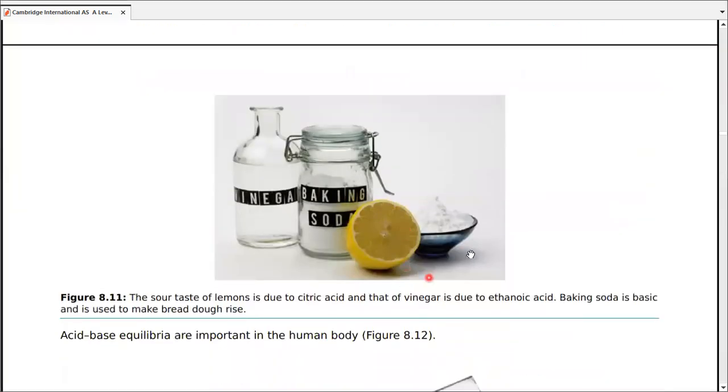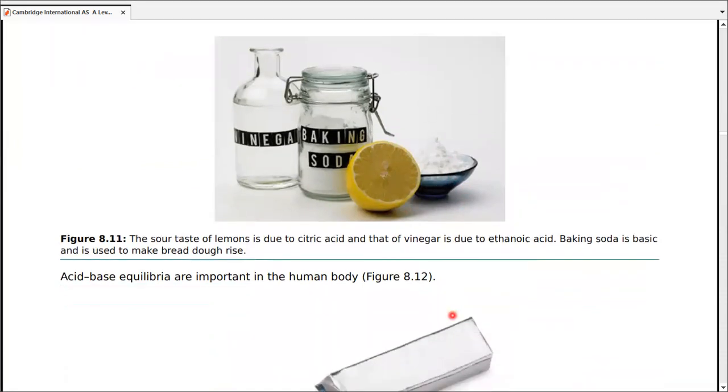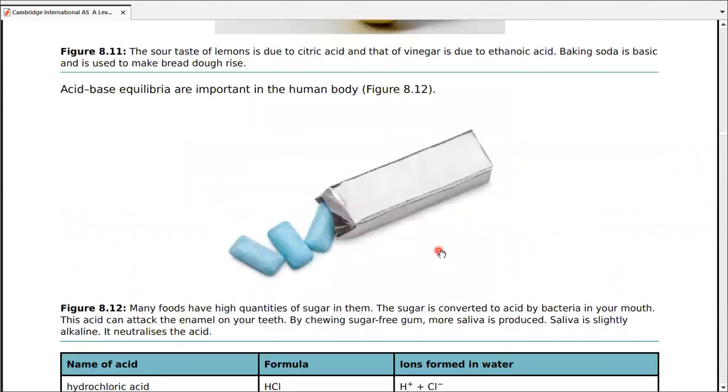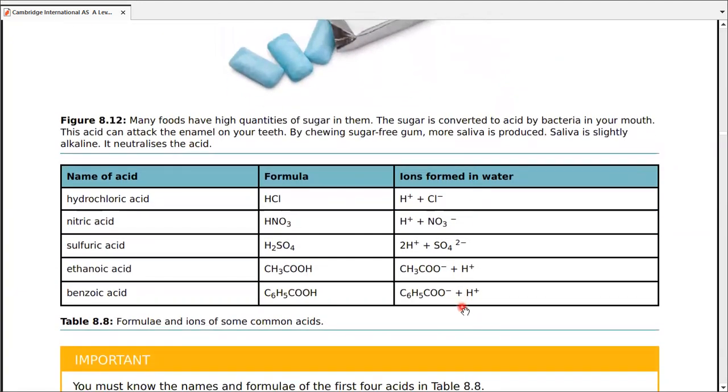So moving on, आपको एक सिंपल डायग्राम विनेगर और बेकिंग सोडा की दी हुई है और हमारे पास उसके रिएक्शन के लिए बताया हुआ है, ठीक है. अपार्ट फ्रॉम दैट, एसिड बेस इक्विलिब्रिया ह्यूमन बॉडी में बहुत इंपॉर्टेंट होता है. हमारे पास अब ये table 8.8 आया है. If you look at this table, he was talking about something specific जो मोल लेवल में भी बता चुके होते हैं